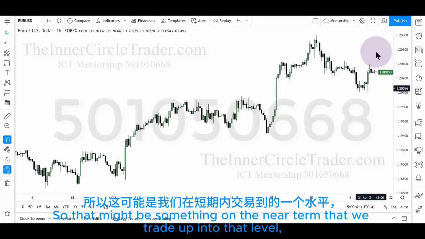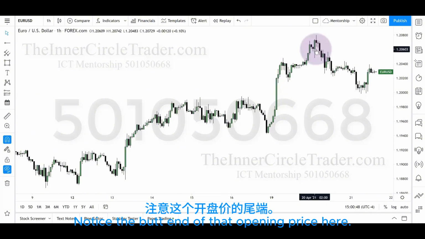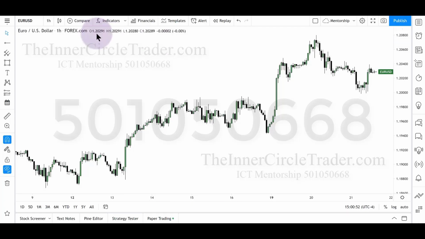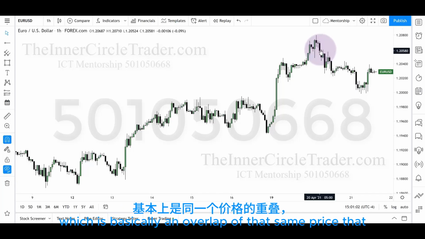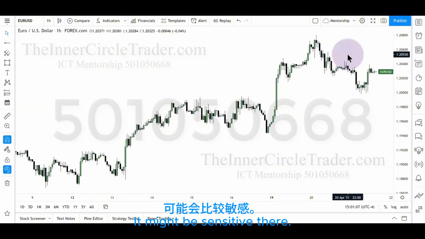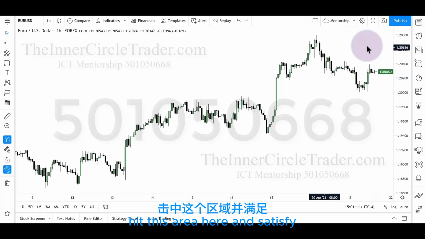So that might be something on the near term, that if we trade up into that level, closing that little imbalance and hit the order block, notice the butt end of that opening price here. Look at the opening price right over here. Okay, focus there. The opening price is 1.20609. And then we have the fair value gap here, which is basically an overlap of that same price. So if we trade up into that, it might be sensitive there. Okay, so it could trade up bullishly, hit this area here and satisfy